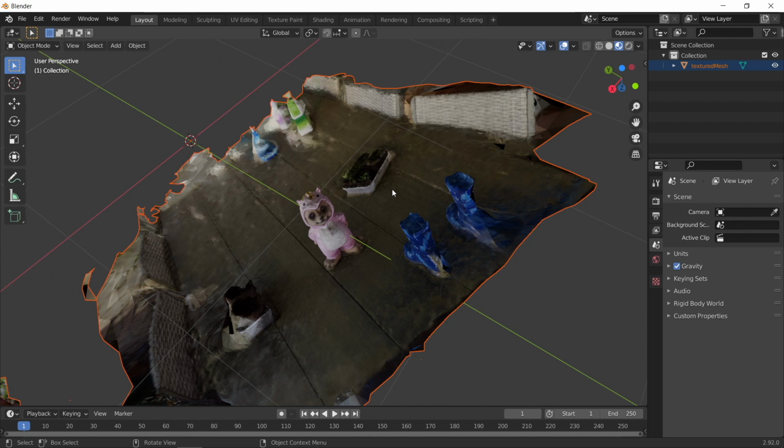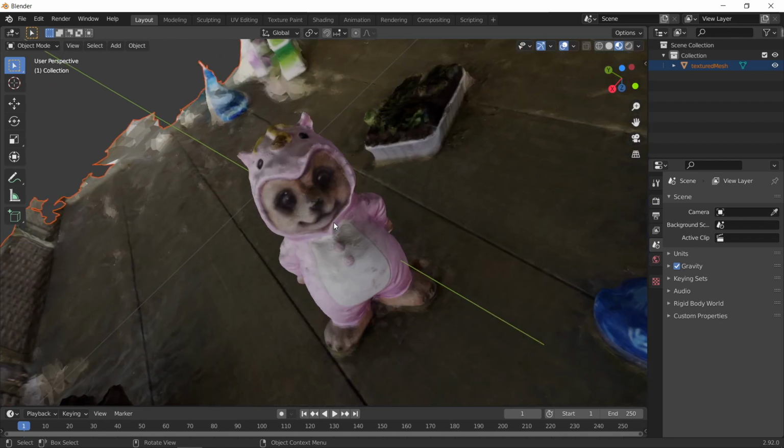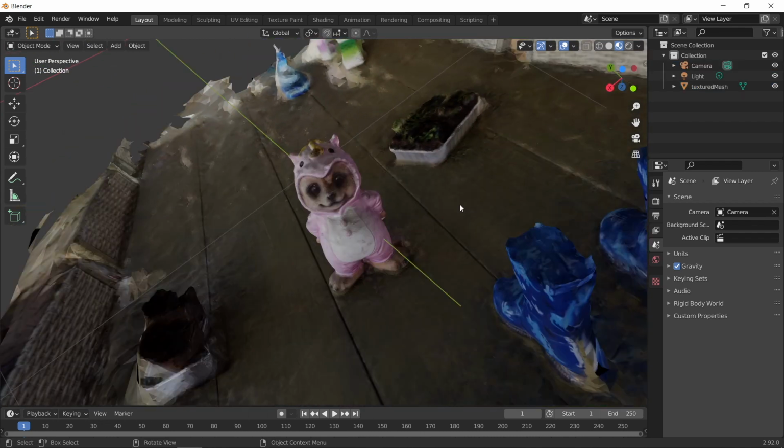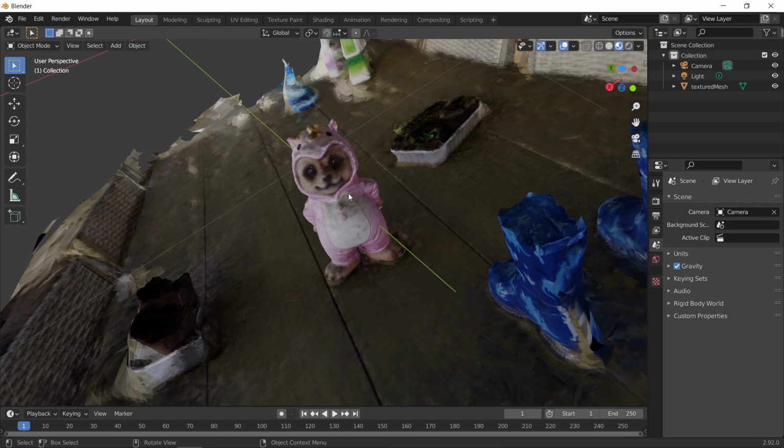It's important because we're going to re-export this mesh from Blender and bring it back into Meshroom, and we need to make sure that the orientation, scale, and translation of this object remains exactly the same. So the reason we want to re-export this mesh and bring it back into Meshroom is because if you have